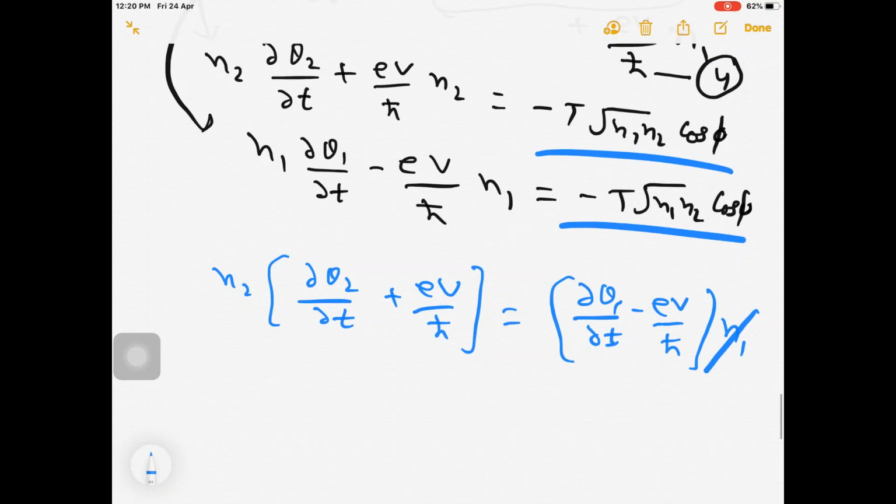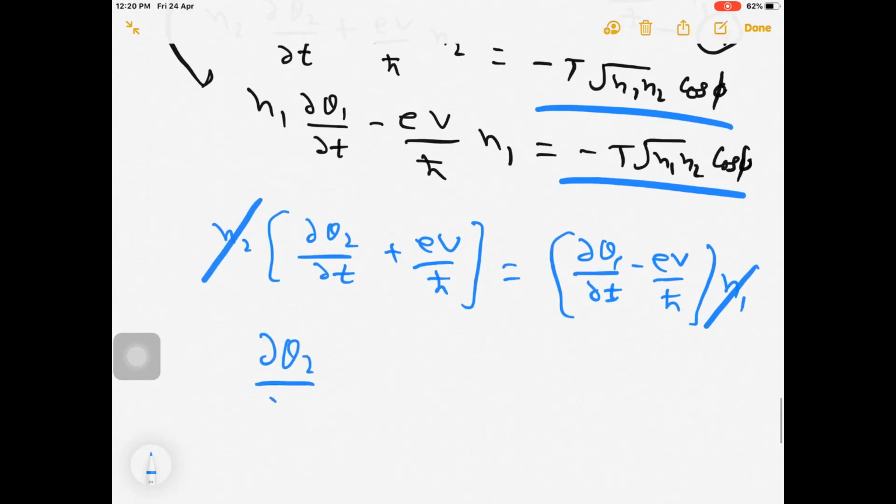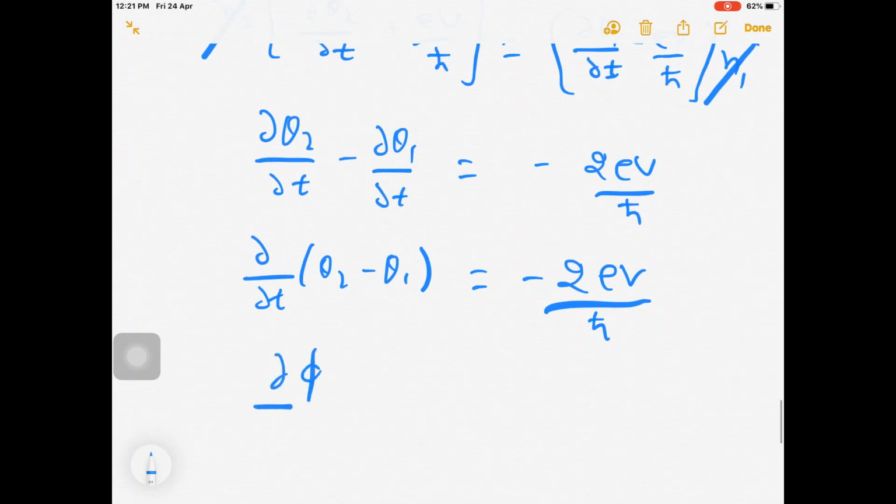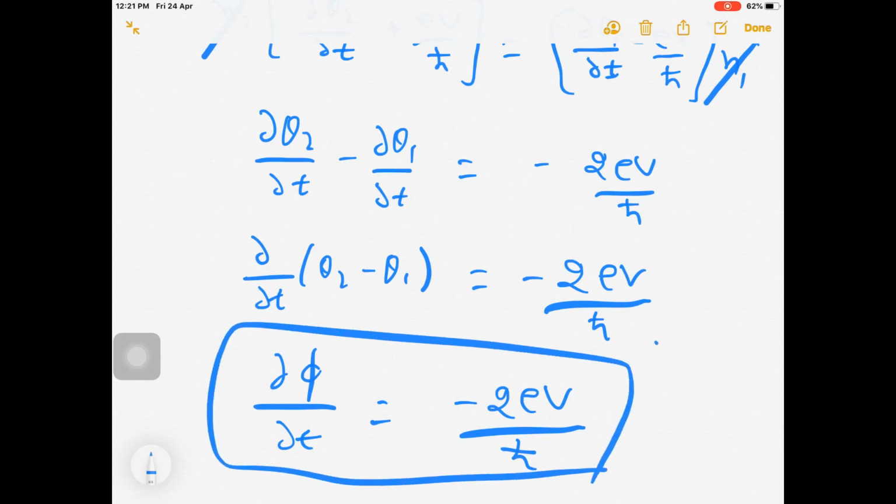Since n1 and n2 are the same, I obtained again ∂θ2/∂t − ∂θ1/∂t equals −2eV/ħ, or I can write ∂/∂t (θ2 − θ1) equals −2eV/ħ. So this is nothing but ∂φ/∂t equals −2eV/ħ. This is the important result. We got 0 for ∂φ/∂t in the DC Josephson effect, and for the AC Josephson effect we are getting ∂φ/∂t equals −2eV/ħ. As I discussed